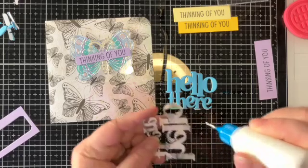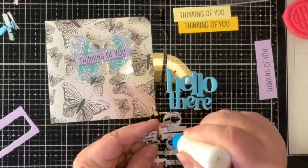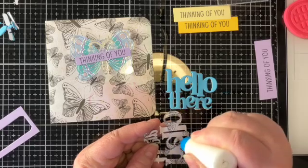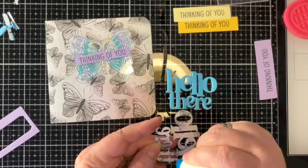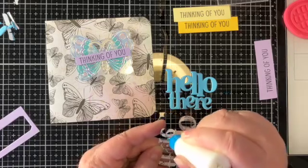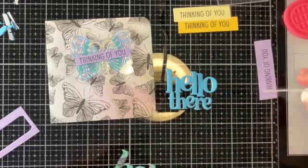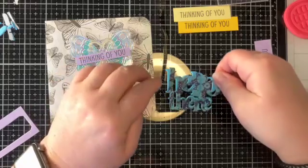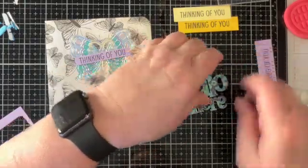And again, this is the back of that. And then we'll put a nice little sheet inside. Maybe I'll even use that purple paper inside to write on, the lavender that has the same color as the paper the Thinking of You is on the inside. So putting this on here,